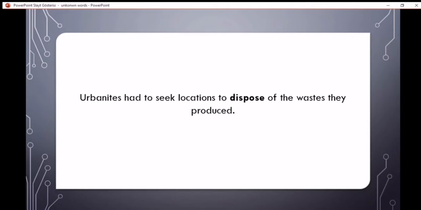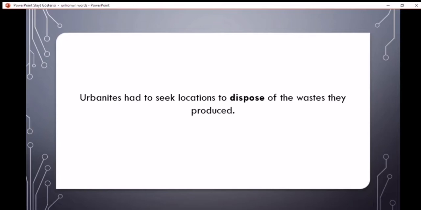But if you see this word in a reading passage, you can simply follow the 4 easy steps. Find the tone, figure out the function, find out how the word affects the others, make an educated guess, and then we would be able to find the meaning of urbanite. But we're focusing on dispose now. Urbanites had to seek locations. They needed to look for places to blah, blah, blah of the wastes they produced. Now, they produced wastes, and they need to find some places to